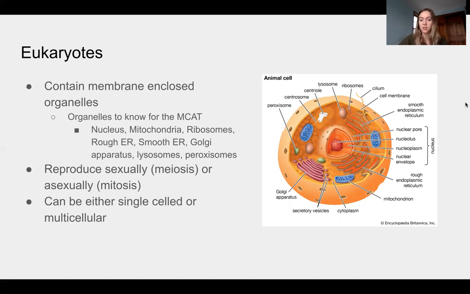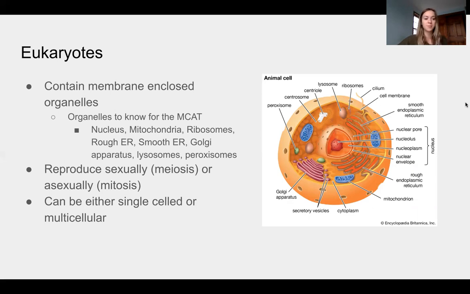And we will go over cell structure in depth again. I think it's week 6. So in a couple weeks, we will go through all these structures, but I have listed the ones that you need to know for the MCAT here. So that's the nucleus, mitochondria, ribosomes, rough ER, smooth ER, Golgi apparatus, lysosomes, and peroxisomes. So if you want to start familiarizing yourself with those, that would be great because those are definitely pretty high